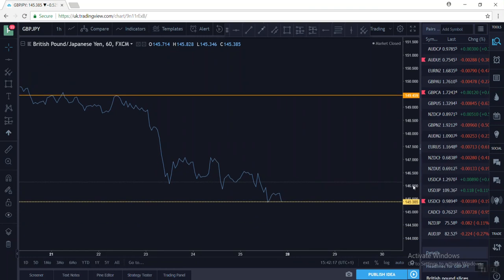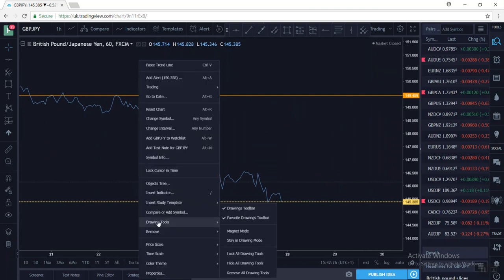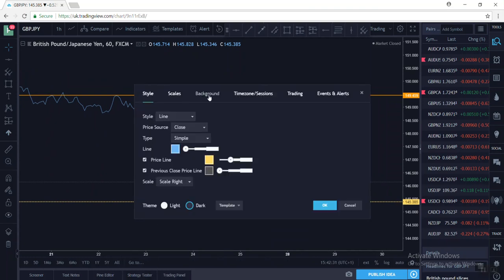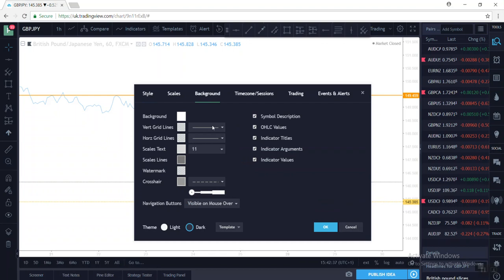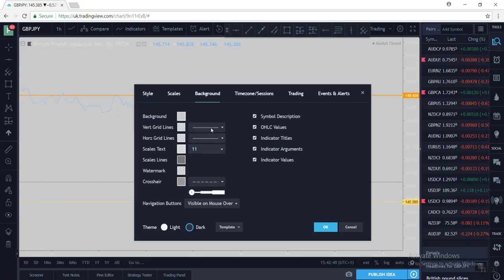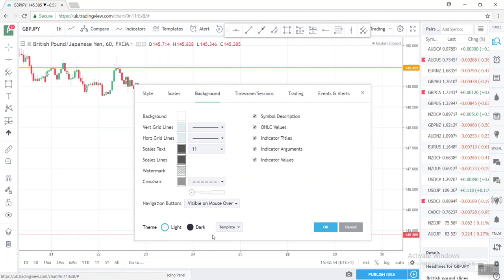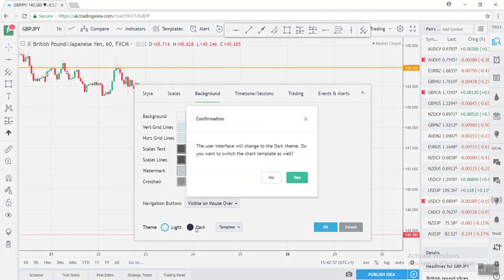Now if you want to change your colours, some people like the black screen, some people like to have a white screen. I find after a while a white screen really plays on your eyes. You can come down to properties, background, and you can change your background to white, or sort of like an off grey, which is what I do sometimes. Obviously you have to tweak all the other colours. There's two themes, so you can have a light theme and it highlights everything, and just give me a second for my eyes to adjust, or you can have a dark theme